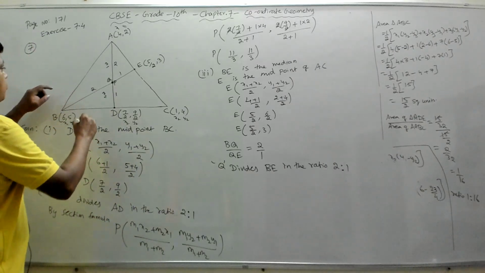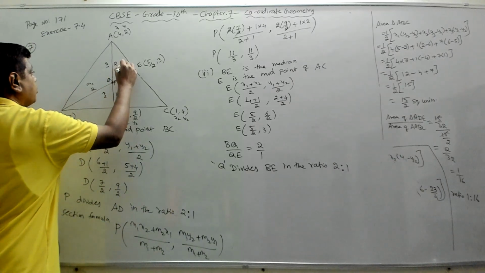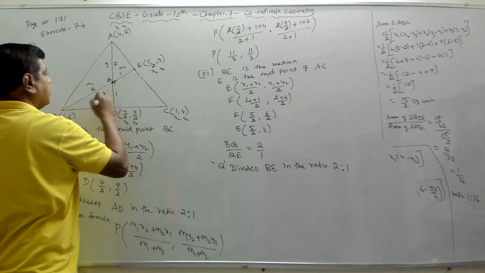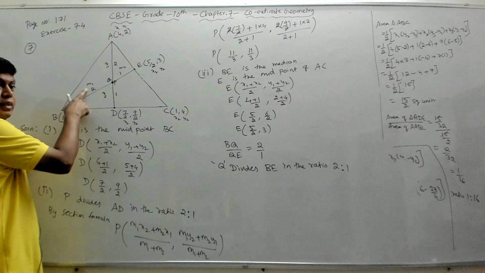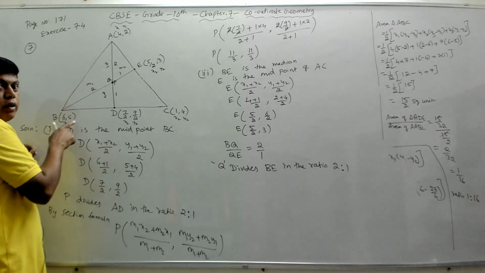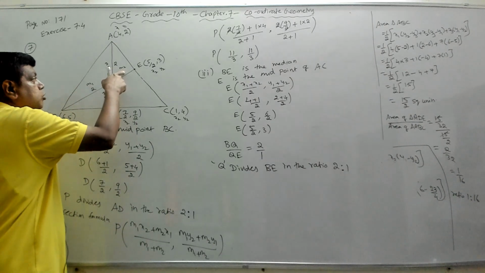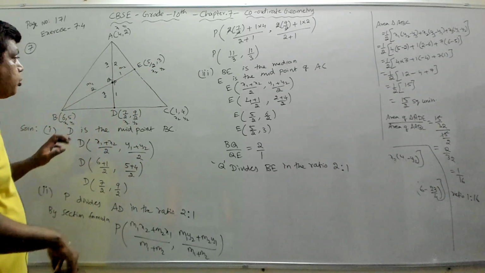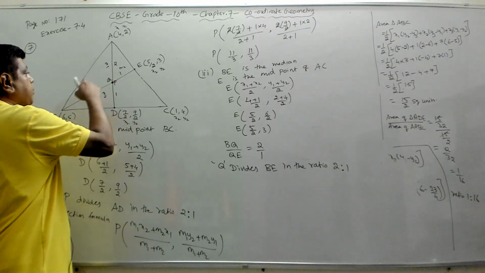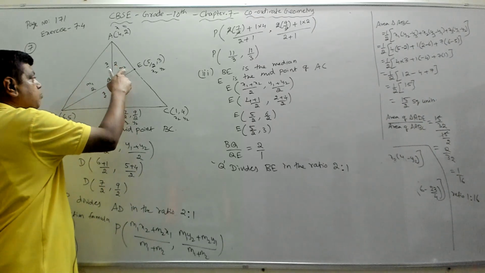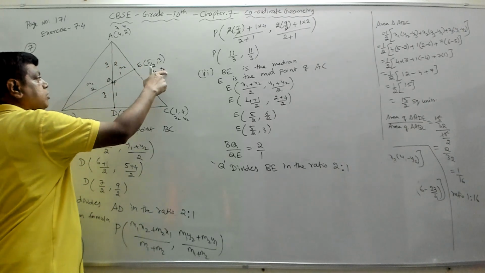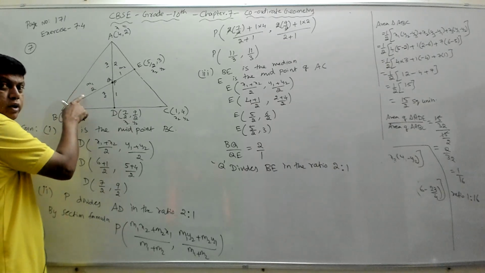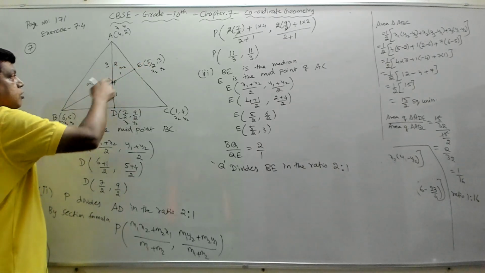Now if you take this as M1, this as M2, and this should be your x1, y1, and this is your x2, y2. We have to apply the section formula. M1 should be closer to x1, y1, and M2 should be closer to x2, y2. So don't write M1, M2 carelessly. Always you start with x1, y1, then immediately the ratio, that is M1, then M2, then x2, y2. That is the order you should follow.